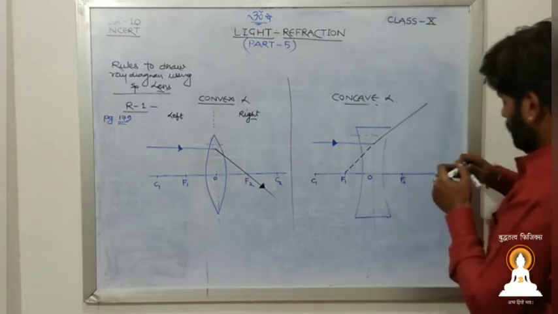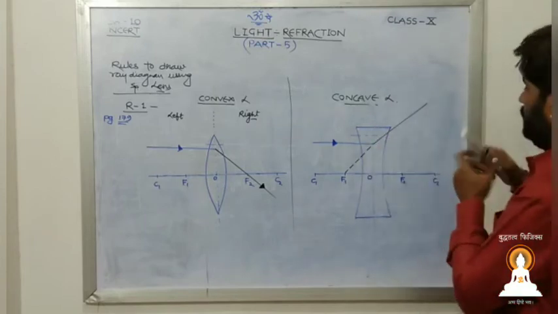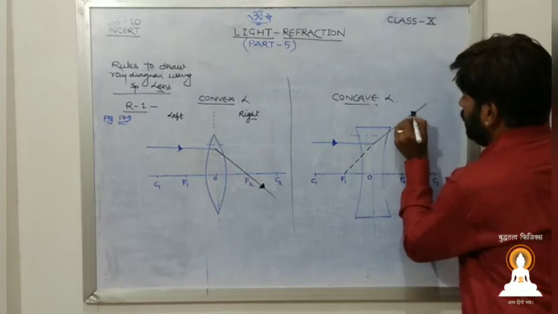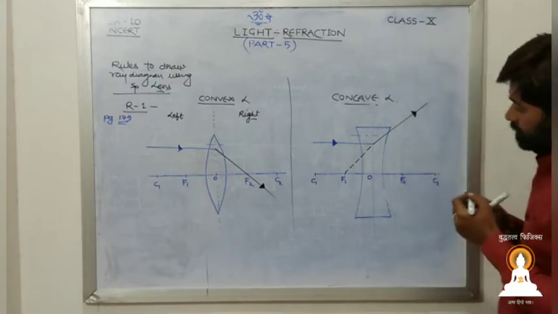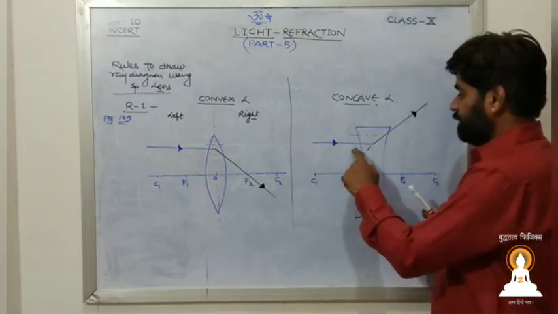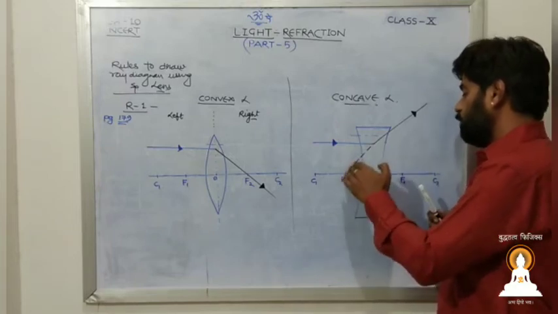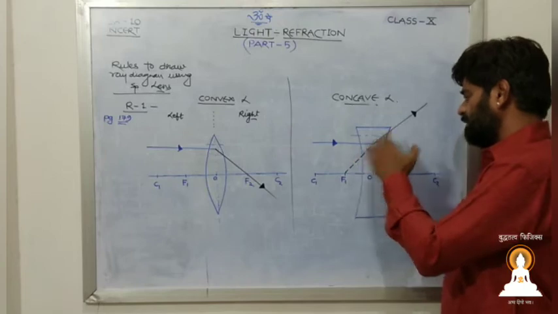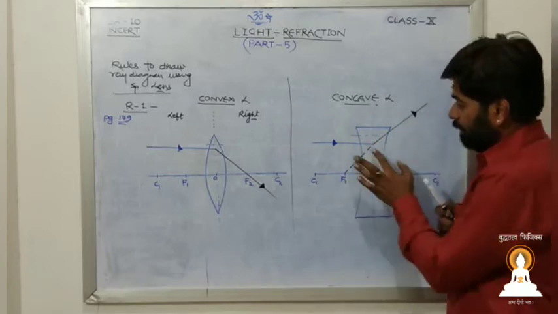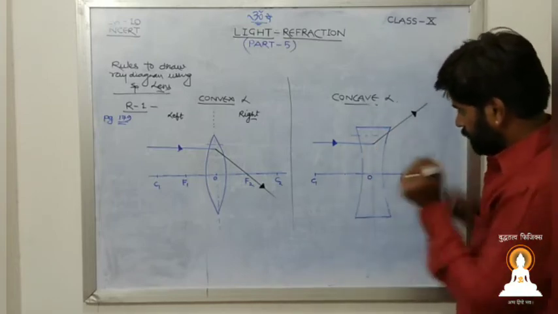Okay, almost. So this is nothing but the refracted ray, which follows the statement that a line parallel to the principal axis, after refraction, will appear to diverge from focus. Appear to diverge means it seems that it is coming from this particular f1. Let me correct this one so that it looks proper.